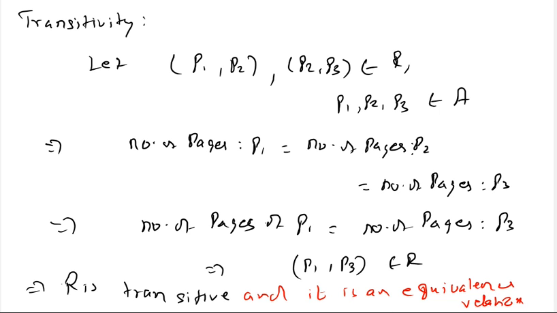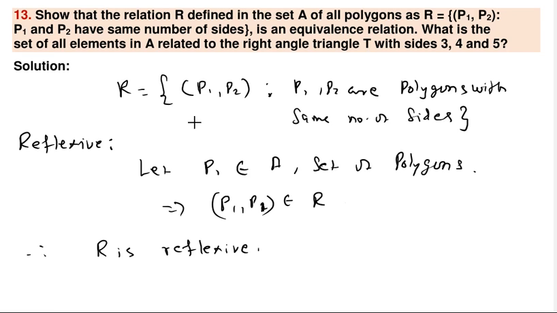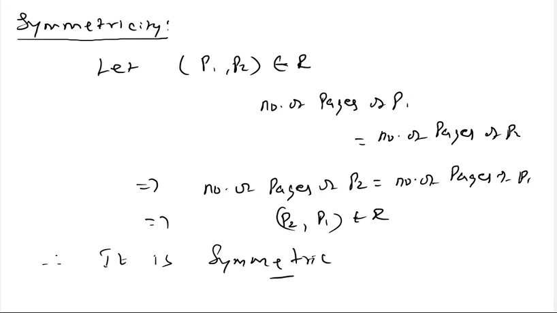If we look at the question, what is the set of all elements of A related to the right triangle T with sides 3, 4, 5? 3, 4, 5 is a right triangle, so we need the set of all polygons related to the right triangle. Here we are interested only in the number of sides. T is a triangle, which is also one of the polygons. So now we can conclude the set of all polygons related to T is also